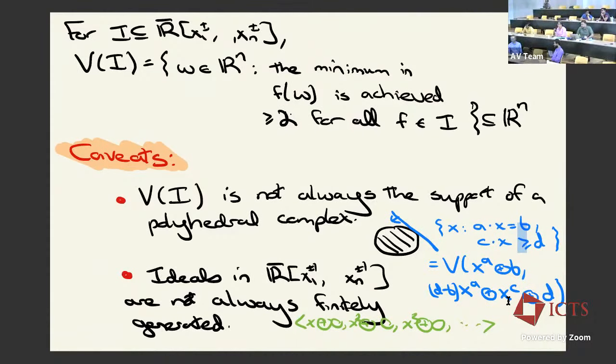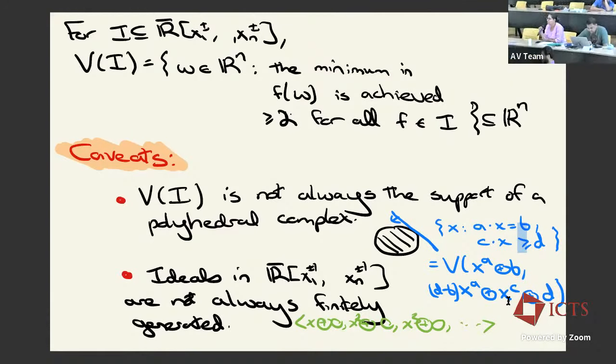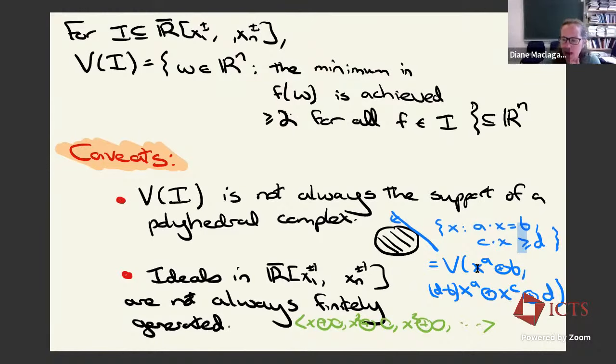Yeah. So here, when we take the zero set of x to the a plus b, how can we say that the minimum is achieved twice when a dot x is equal to b? Okay, sure. So let's think about what x to the a means as a tropical function. It's x1 to the a1 tropical times, and what does x1 to the a1 mean? It means x1 tropical times x1 tropical times x1, a1 times. In usual arithmetic, that's a1 times x1. So it's x1 to the a1 times x2 to the a2,